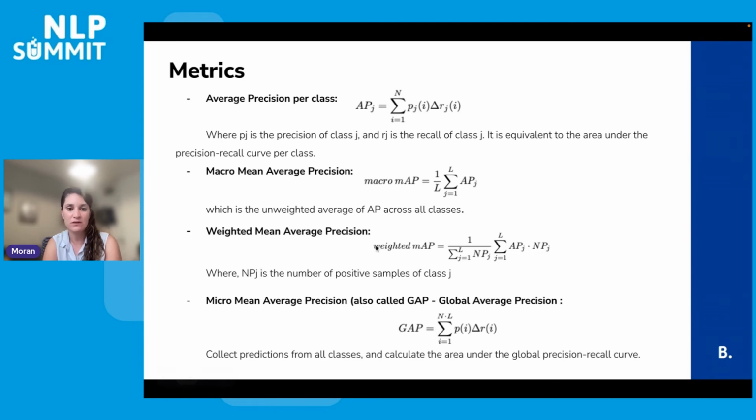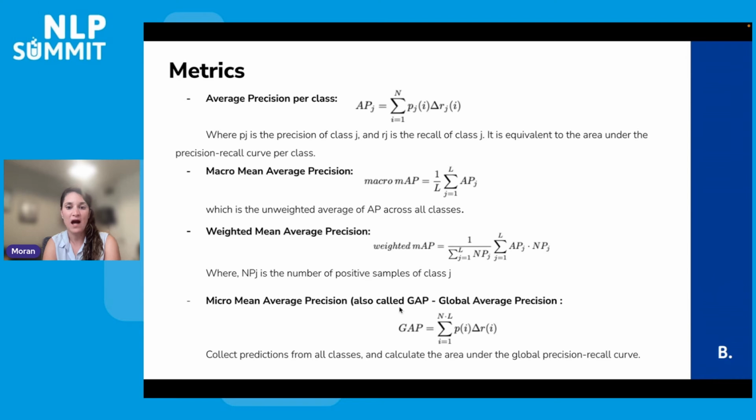The weighted mean average precision is to take each one of the topics with a weight, depending on the number of positives. So if, for example, we have some topic with a lot of positives, we want to give it a higher weight. So we do a weighted average across the average precision for each topic.